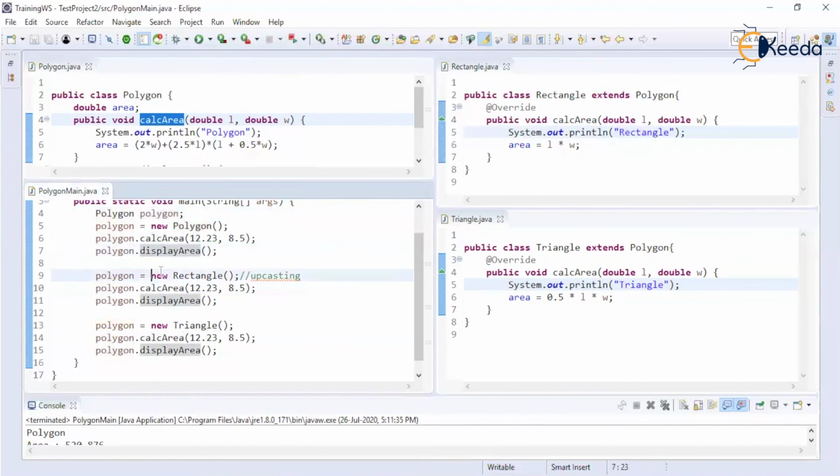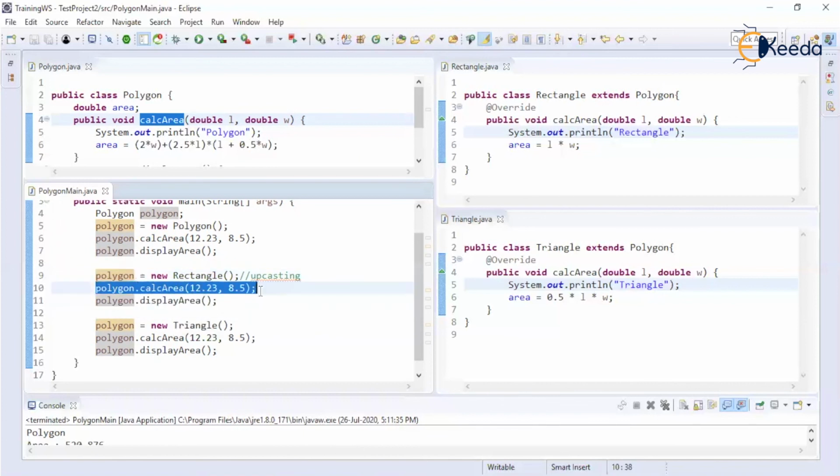Even though I say that I have stored an object of rectangle, are objects created at compile time? No. Objects are runtime entities and they are created at runtime. So at compile time, this statement is not executed. It is just compiled. At execution time, this object will be created and polygon will be initialized with this rectangle object.